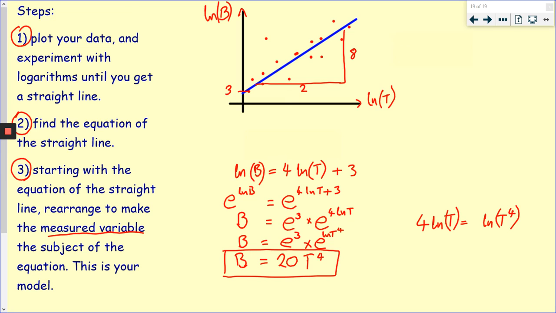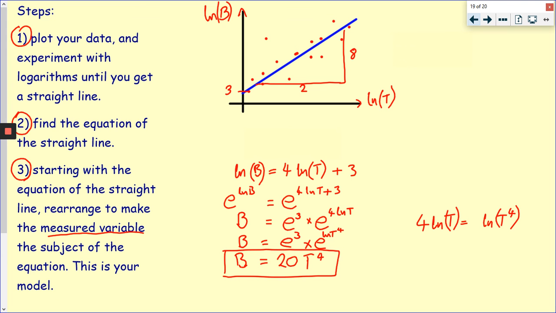So make a note of those 3 steps. Get a straight line, use a line of best fit if necessary, find the equation of that straight line, and then starting with the equation of the straight line, rearrange until you make the variable that you're interested in the subject of that equation. You now have all the information you need to have a go at exercise 8D,